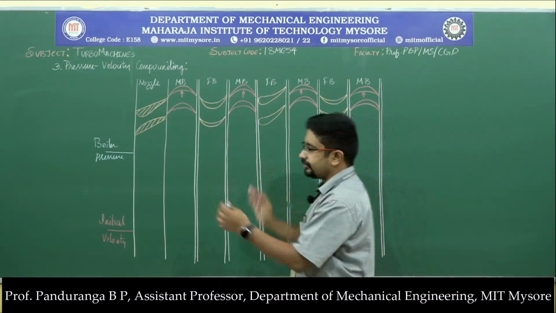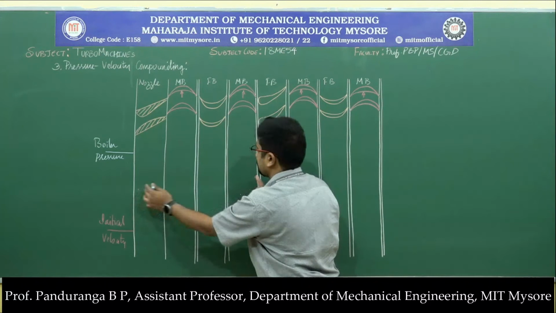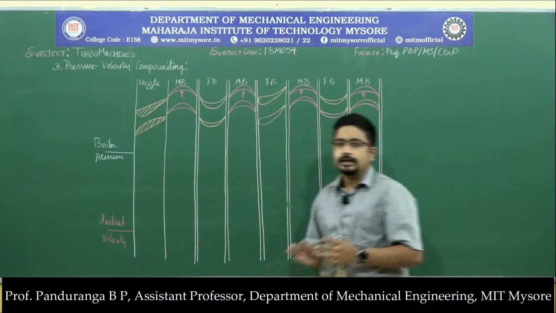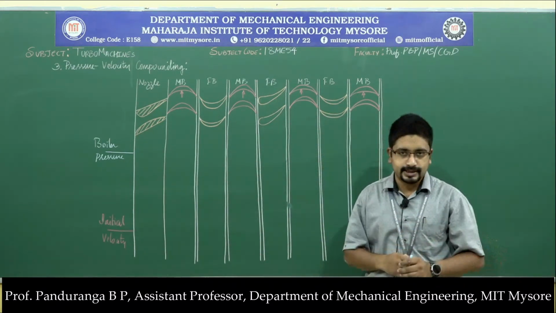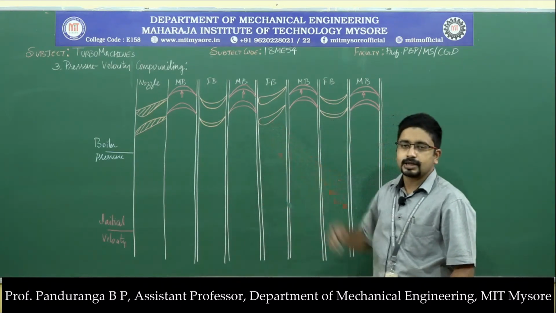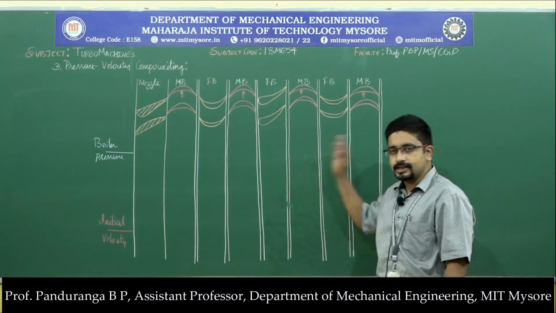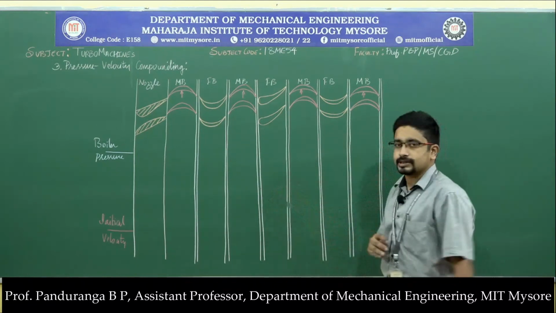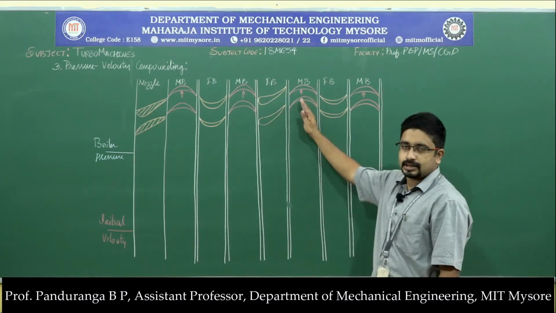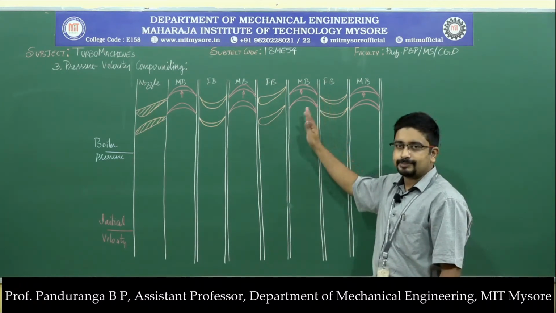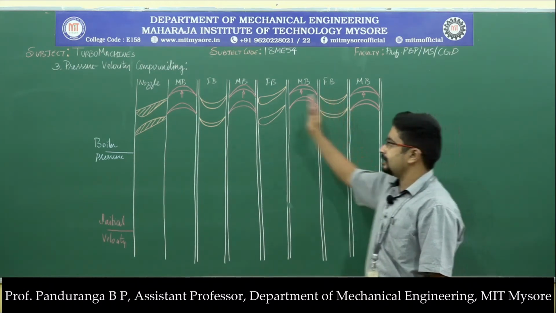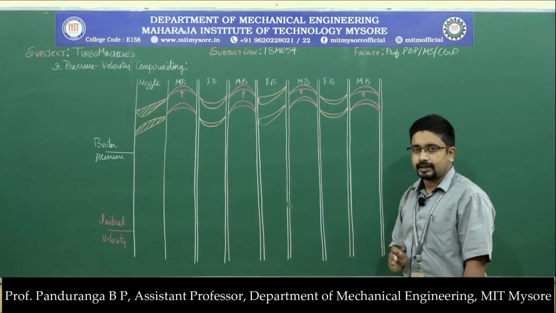So if you remember, this entire stage from here, the nozzle, first row of moving blade, fixed blade, and the second row of moving blade is similar to a velocity compounded steam turbine. Then this fixed blade, which is aerofoil in shape, acts as nozzle for the second stage of velocity compounded steam turbine, where we have the moving blade, which is symmetric in structure, so it's an impulse turbine and absorbs a part of kinetic energy. Then we have the fixed blade, which is similar to this, which is symmetric in structure,